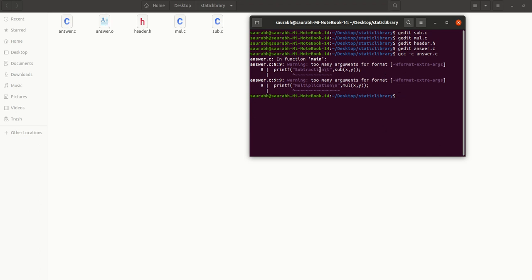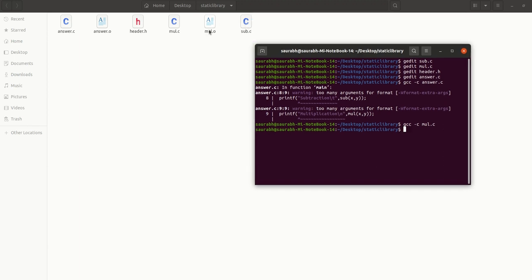There is some warning, but don't worry about the warning. gcc -c mul.c. Here you go, you got the object file mul.o. And then gcc -c sub.c, you got the object file for sub.c.